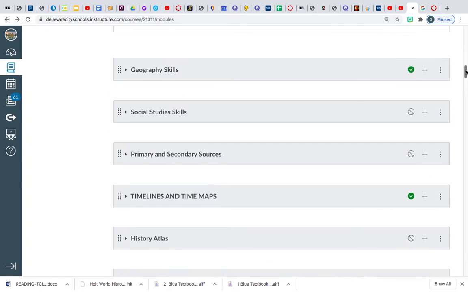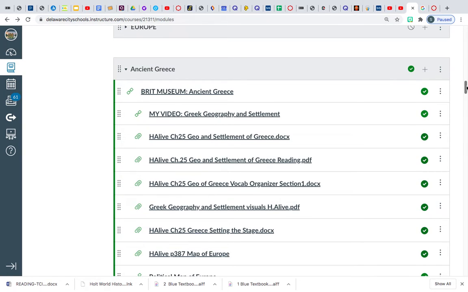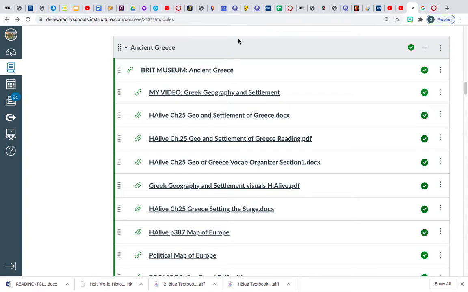Here you see my modules. They look a bit different to me than they do to you, but I have an ancient Greece module. If you weren't here on Friday for my lesson, my video is here, and you can watch that with the presentation. There was one typo in there, I believe barley was spelled incorrectly, but everything else is there for you. This video and presentation is actually a concentrated form of these readings here, and especially a more concentrated form of this reading from the textbook. So I've left these in here for you to read if you want to go into more depth.